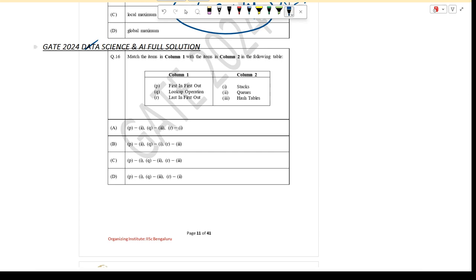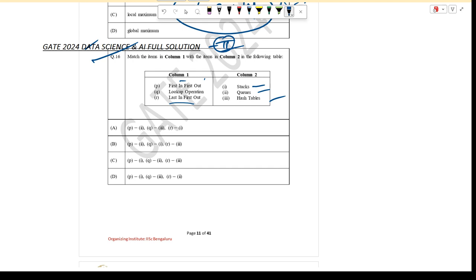तो आज सॉल्व कर रहे गेट 2024 डेटा साइंस एंड एआई का पार्ट 2। आज 16 से सॉल्व कर रहे हैं। कॉलम 1 और कॉलम 2 में दिया है फर्स्ट इन फर्स्ट आउट, लुकअप ऑपरेशन, लास्ट इन फर्स्ट आउट, स्टैक यूज एंड हैश टेबल्स। सो कैसे सॉल्व करेंगे इन दिस टेबल? We are comparing these two. So first in first out corresponds to a queue problem which is the first element